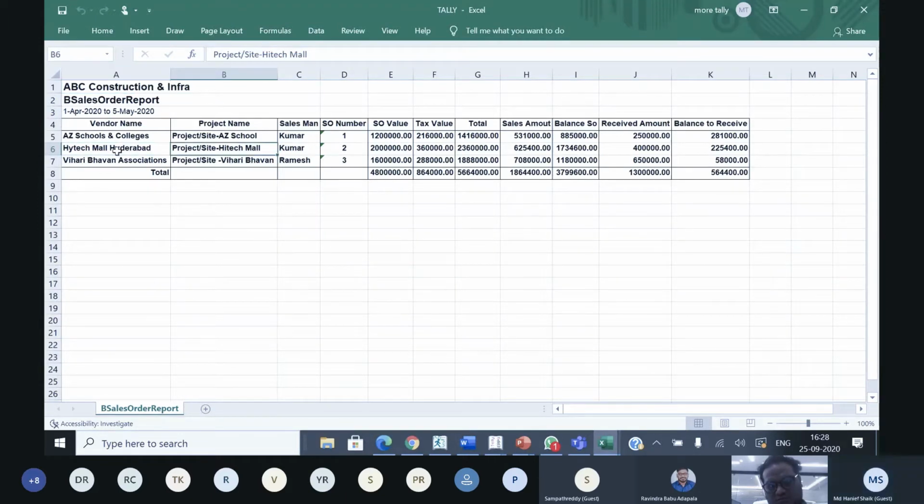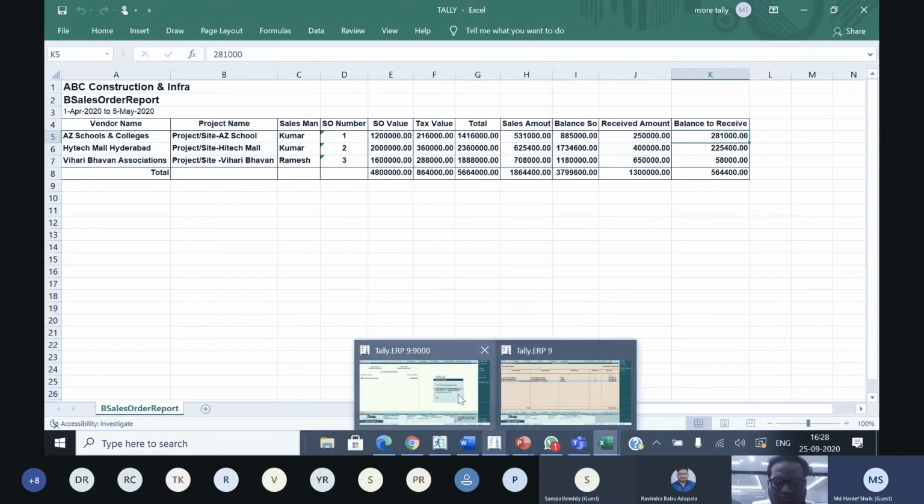Party, project, sales executive name, work order value, tax value of work order, total value, sales amount, sales invoices done related to that work order, balance sale order value to be processed, how much value received, how much is receivable.